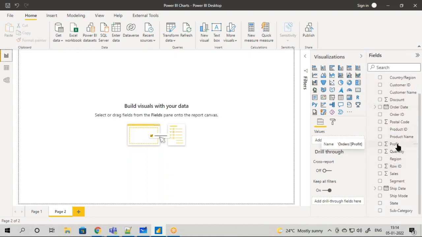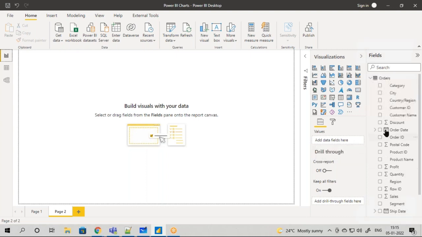If any feature, any column, is in a numerical data type, you will see a summation symbol. This summation symbol states that this is a numerical data type. When I say numerical, it will be in numbers. Sales will be in numbers, profit will be in numbers, quantity will be in numbers. Now, if there is no symbol with respect to the feature, that can be called a categorical variable.